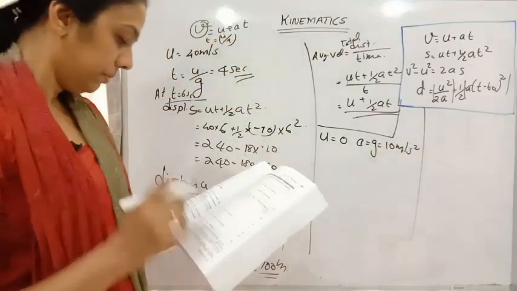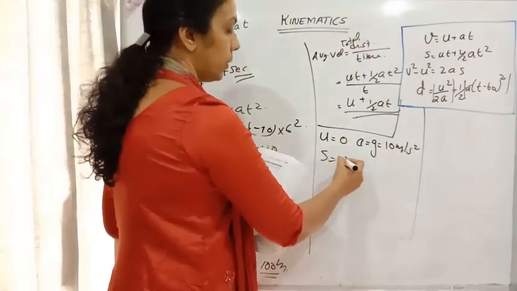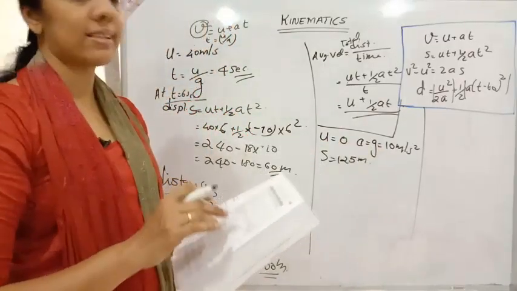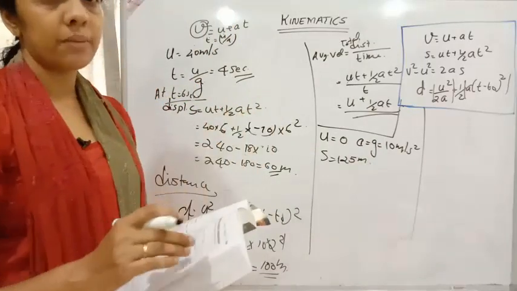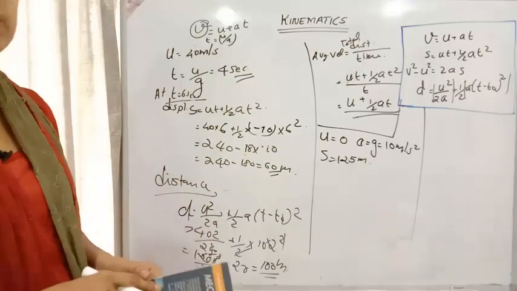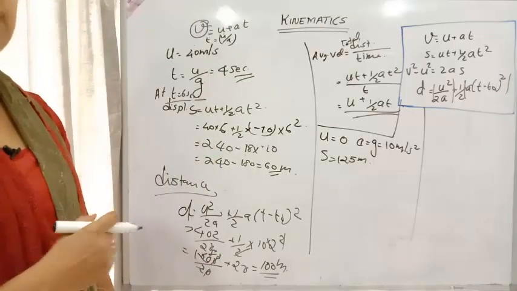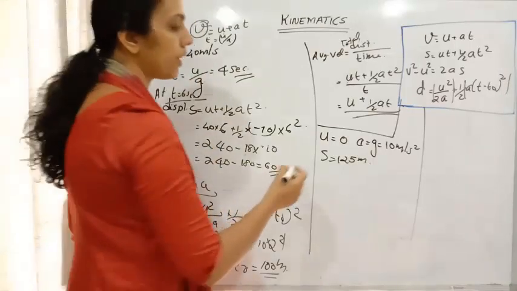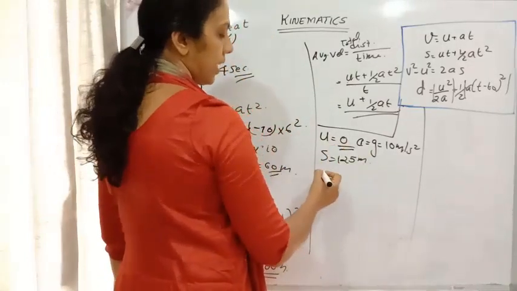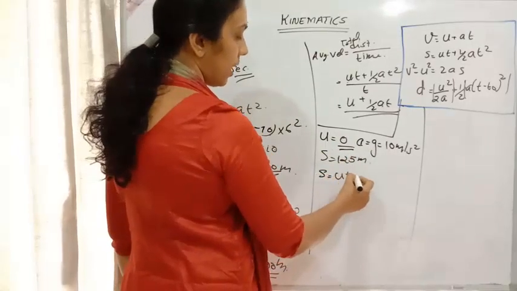Then the height is given as 125 meter, over a time interval till it strikes the ground. So it will be having some final velocity also. We should find out the average velocity. Since it is moving in a straight line, rectilinear motion, we can find out total distance traveled divided by time. For that we require the time. So here S is equal to ut plus half at square.